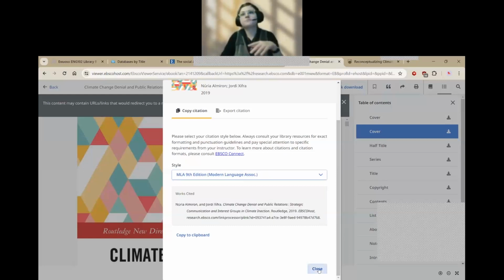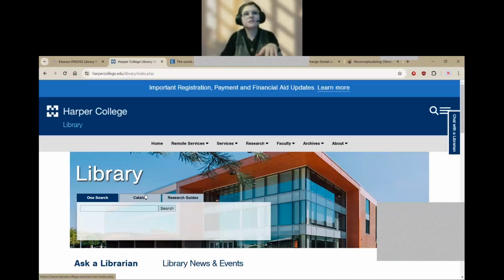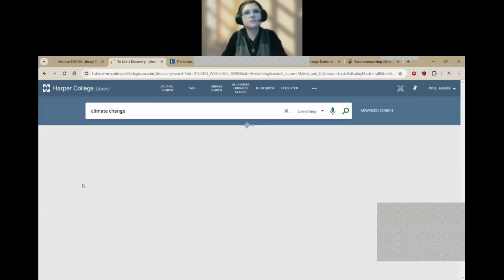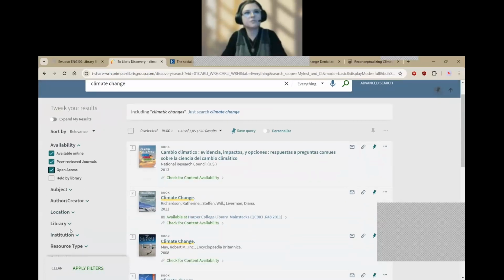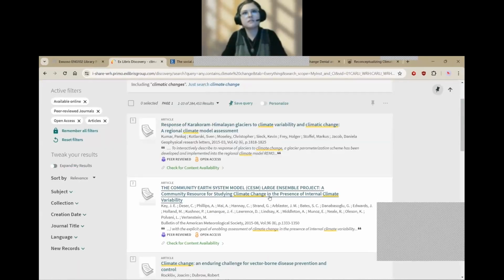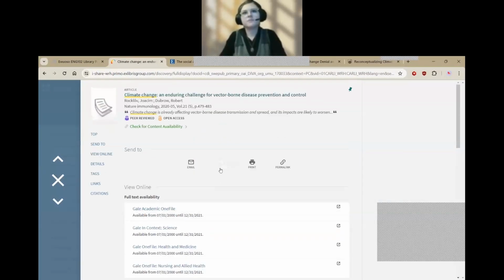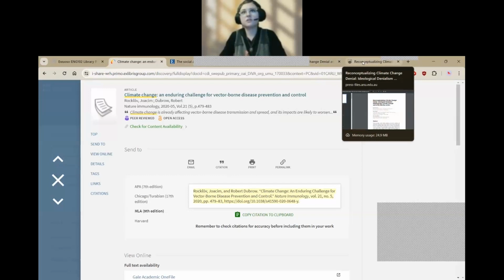How do you do that? And here, I want to do one search really quick. Climate. We'll just do general climate change. So I just want to pull up an article. Let's do available online, peer reviewed, open access, resource type articles. Apply. And let's see. Say I read this article, it's super awesome. I want to cite it. Here's my citation button, MLA 9th edition. Woohoo! So whether you get it from the catalog on OneSearch or through the database, you're going to copy paste that and you're going to compare it